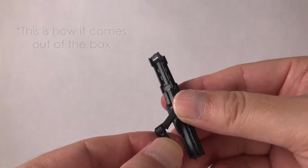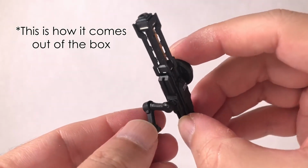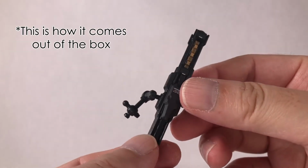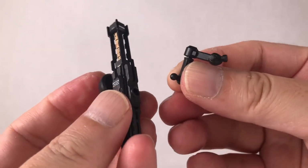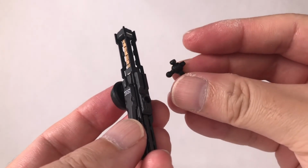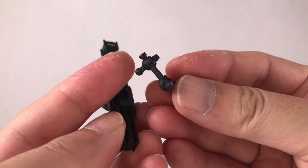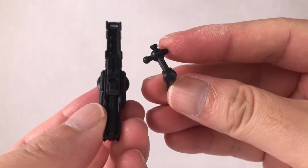One thing I noticed on my copy when I was comparing it to the official stock photos was that the arm was attached the wrong way. In other words, the side that should attach to the gun was on the other end for attaching to Assassin's back. You can actually switch it around easily, and it does change the way the gun can be posed, so be sure to check the arm on your grapple gun and try the arm in both configurations to see which